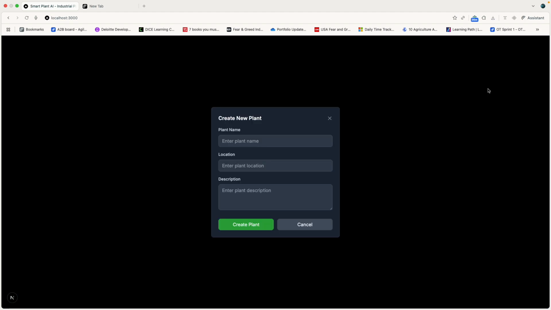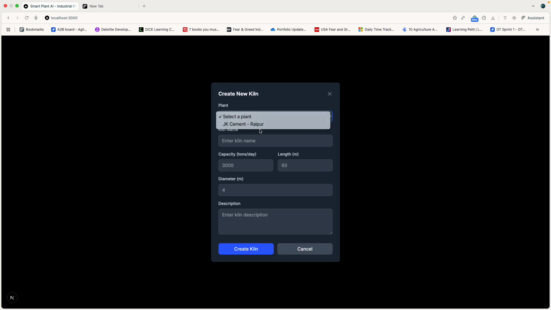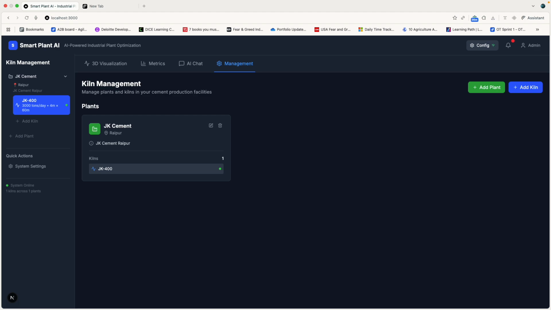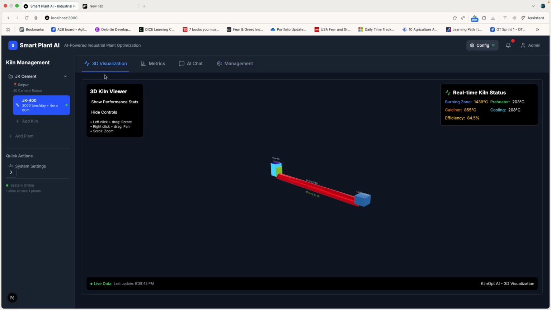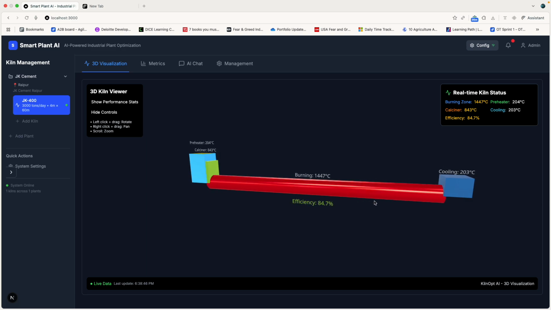And this is where we can add a plant, or we can add a kiln by selecting an existing plant, etc. So that way we can actually customize this tool for our own requirement. We can configure it for more and more number of plants and kilns,